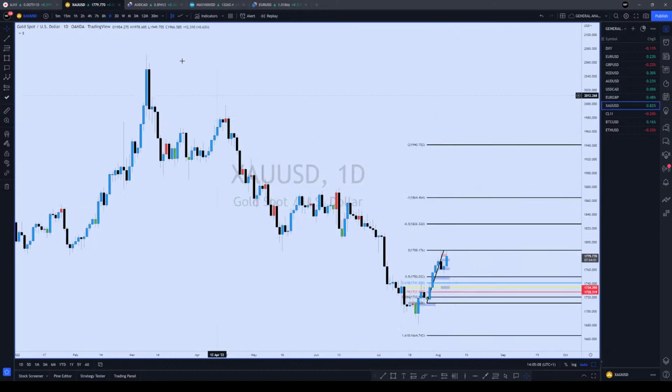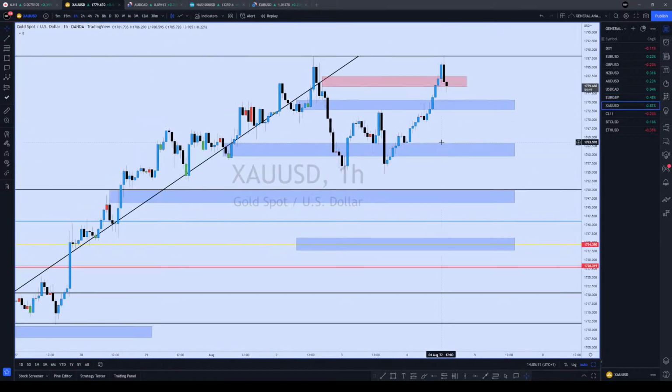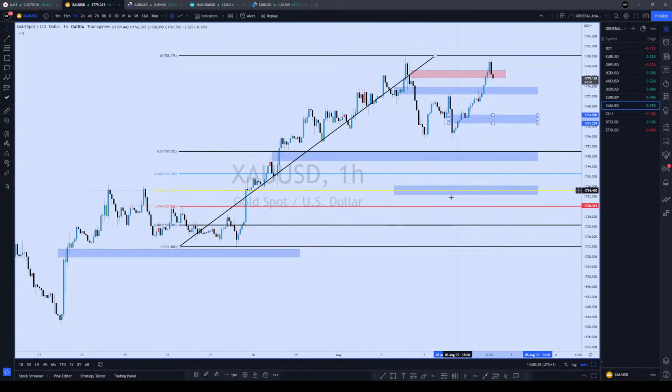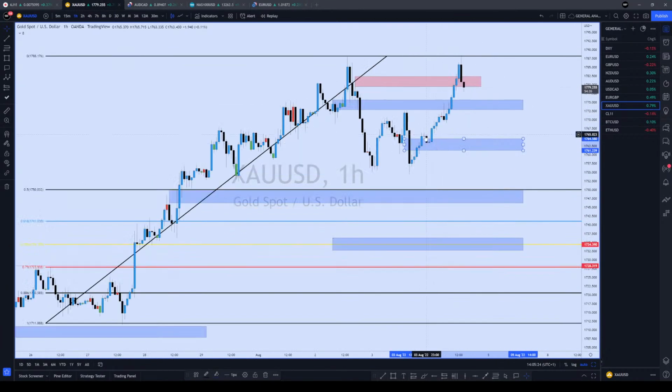Gold. So what I was expecting on gold didn't materialize. I was looking for this imbalance in here to hold and take price to this level, right? But that didn't happen, and they did what they need to do, and just took it up. So I got stopped out on my trade over here, and I just sat and watched the rest because I didn't want to participate in that long. I'll buy it, but not this week, right?